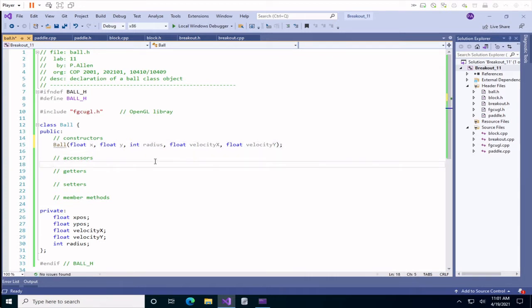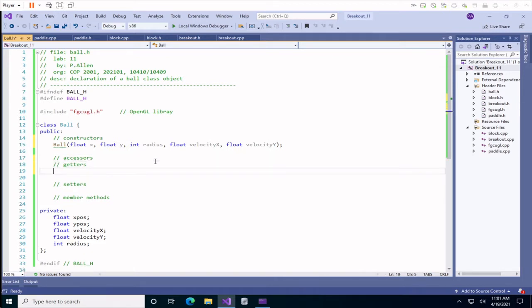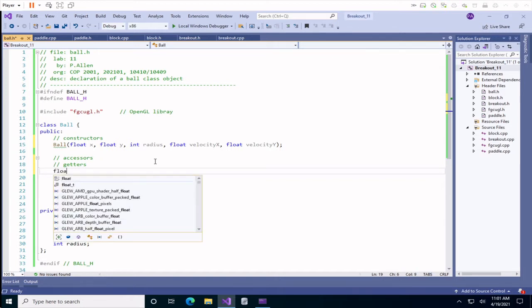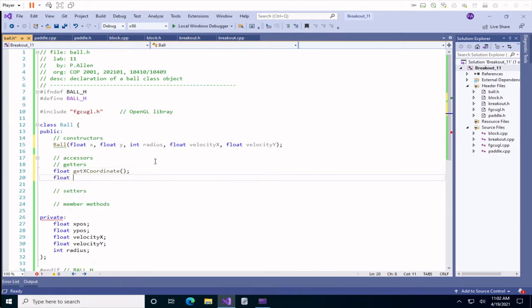All right, and then for our accessors, we need getters and setters for all of our properties. So the getters are going to return float for most of these. So we have a get x coordinate, get y coordinate,